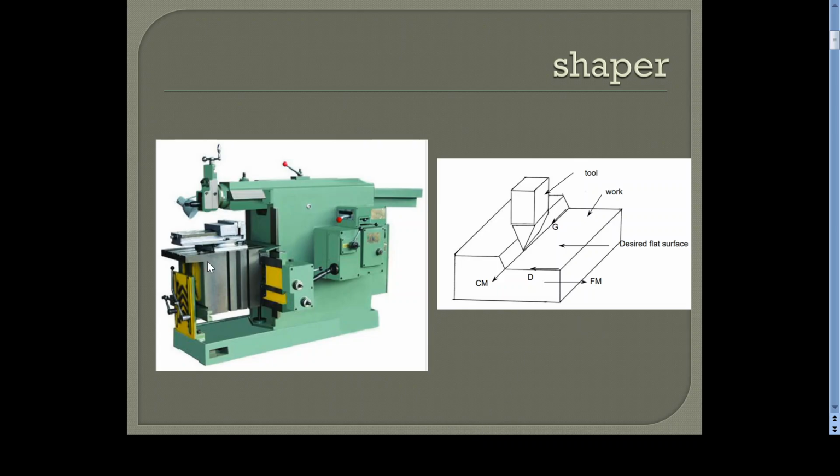The photo shows a shaper machine. As you know, I think from the previous video you have learned about the machine. This is the RAM which reciprocates, and this is the tool head, and there is a clapper box and a tool post where the tool is fitted. And here you can see a vice on the table of the machine, so the workpiece is fitted in the vice,